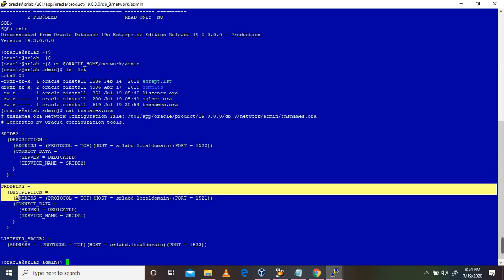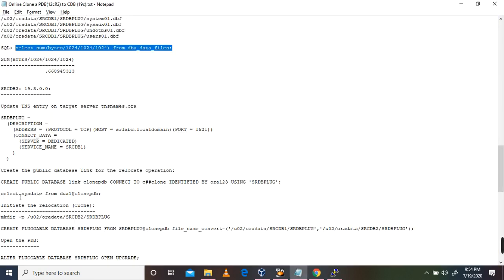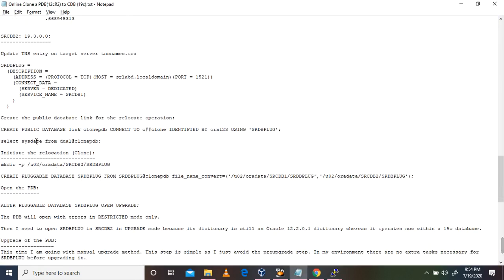I already put this TNS entry for DB link connectivity, internal remote cloning purpose. So at this point we have done this, and then what we need to do is create the public database link for the relocate operation. Like we need to create the public database link on the target side,